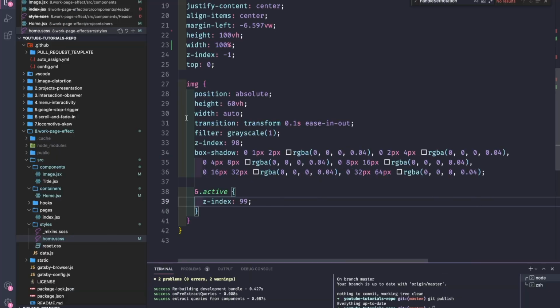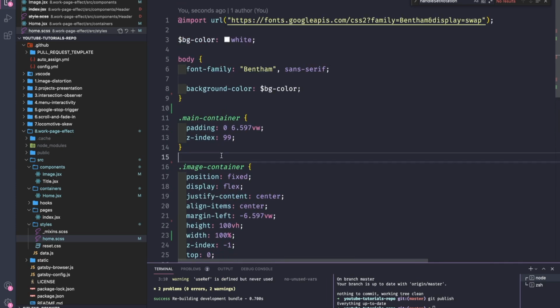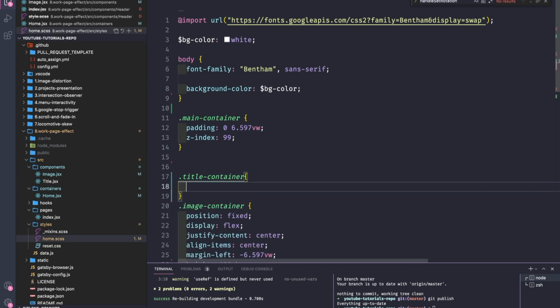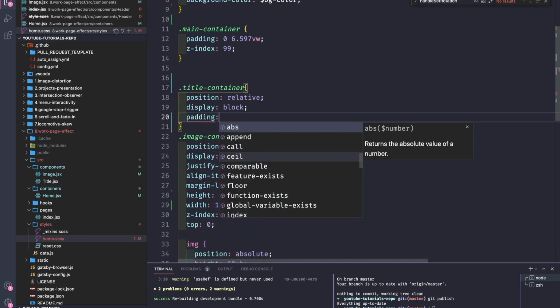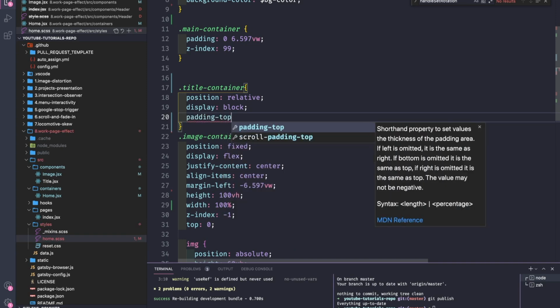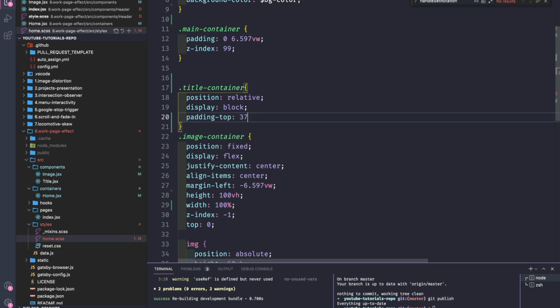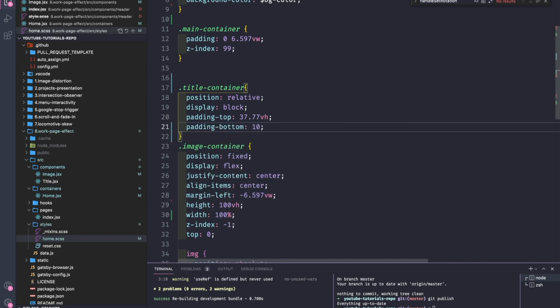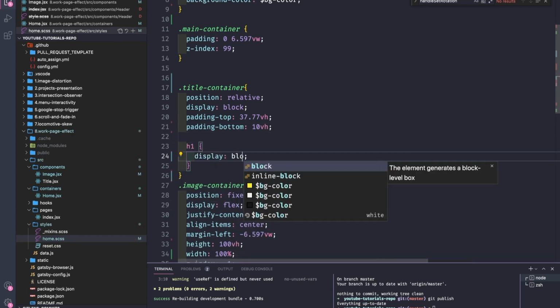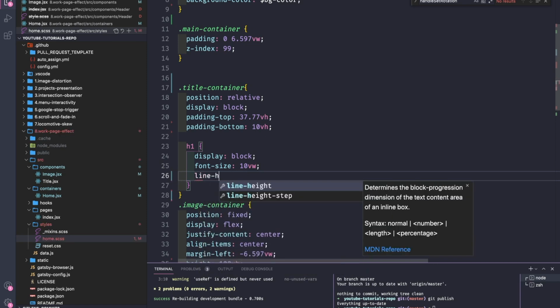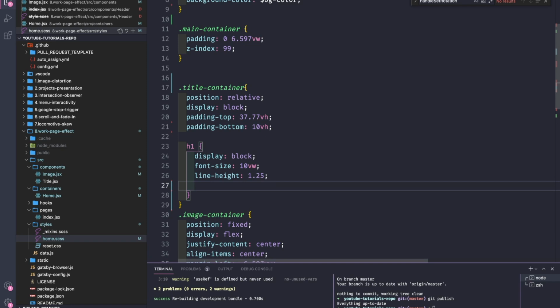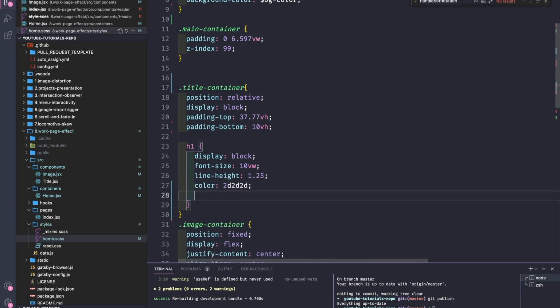Let's go now and style the titles. So for the title container, we have position relative, display block, padding top 37.77 viewport height, padding bottom, then viewport height, and for the H1s we'll have the display block, font size, then viewport width, line height 1.25, a color of 2D, it's a hex,